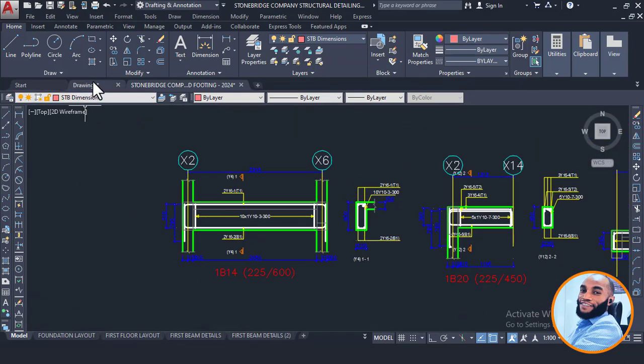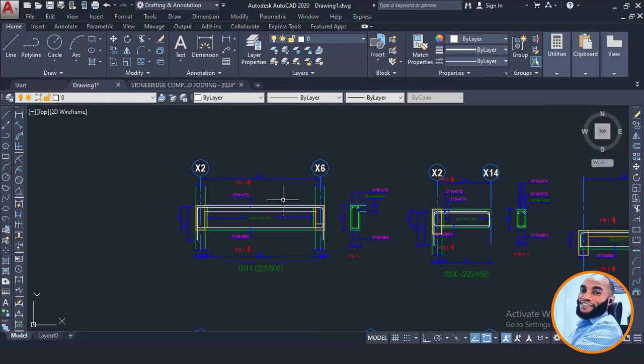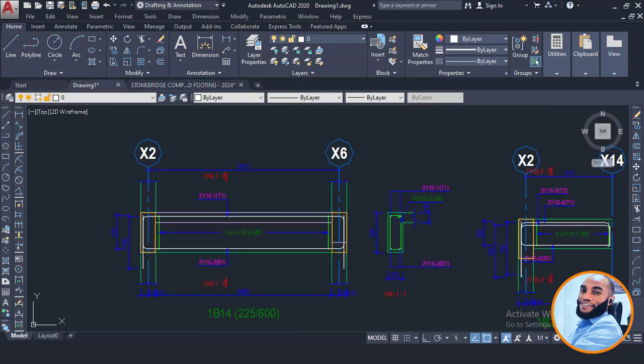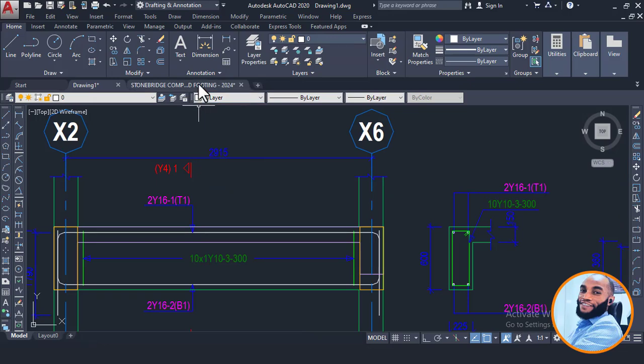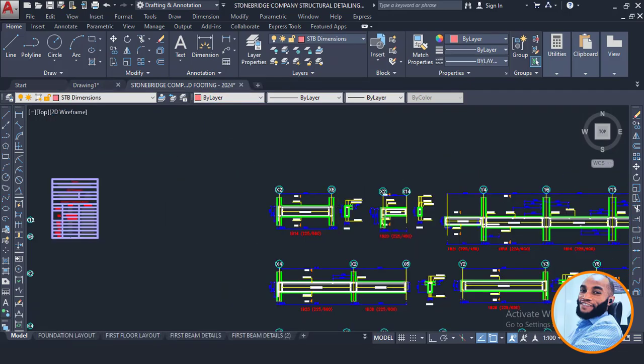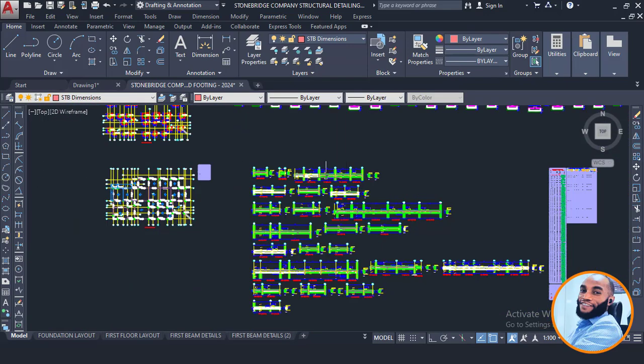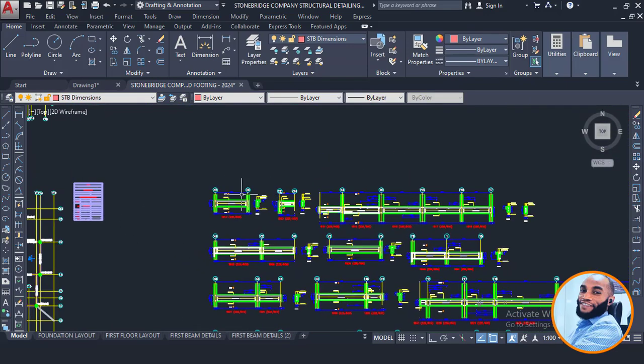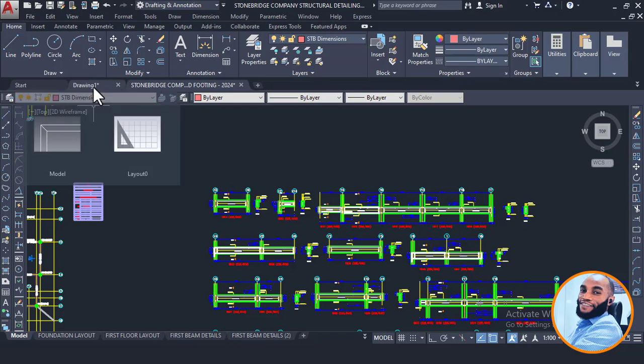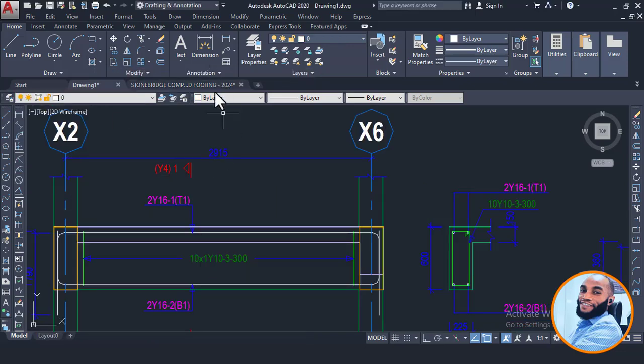So this is the one from the Prota drawing, as you can see right now, and this is the one on the Stonebridge template. Okay, so once you paste your beams or your drawings on the Stonebridge template here, you will still have some work to do. But what I can tell you is that this Stonebridge template helps reduce the stress and the time you would have spent getting your drawing right,